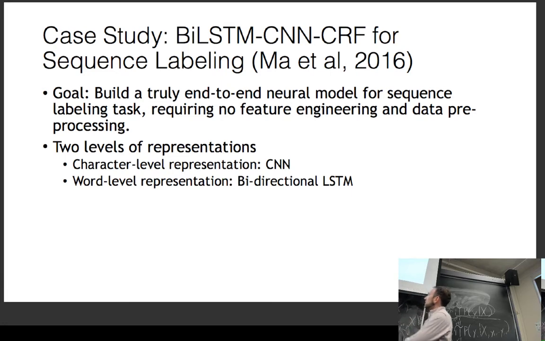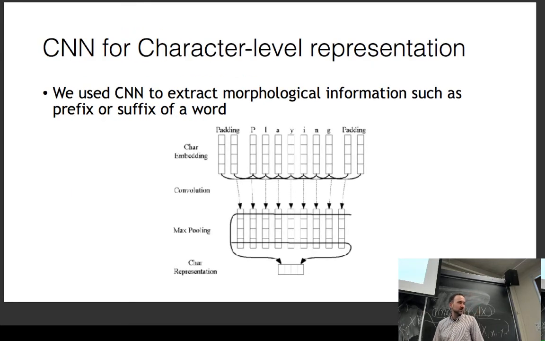And the idea is that you have a character level representation of words with a convolutional neural network. And then you have a bidirectional LSTM plus CRF on top of this character level model. So the character level representation is a CNN over characters in the sequence. And you pad to make sure that you capture all of the characters in the sequence. And you run a trigram CNN over these to get representations, and then you do max pooling over these representations. So it's like a feature extractor over the characters in the sequence.